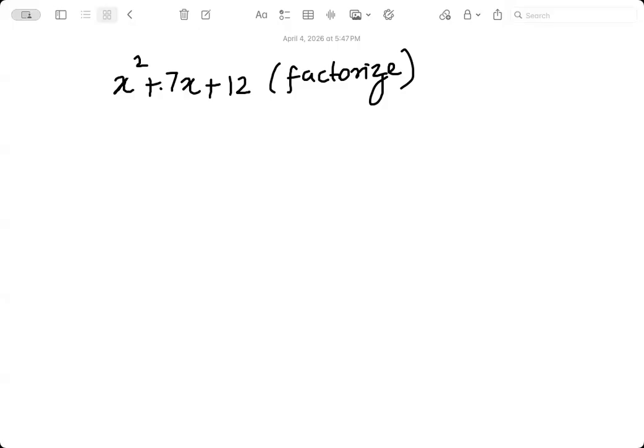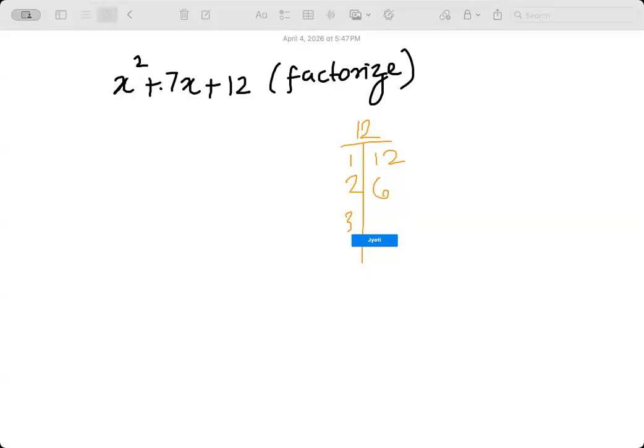So first, what are the factors I need to find? A times C. What is A times C? A is 1, so 1 times 12, the factors of 12. Factors of 12 are what? One, 12, 6, 3, and 4. The two that combine to make 7 are positive 3 and positive 4. Very nice. We write,